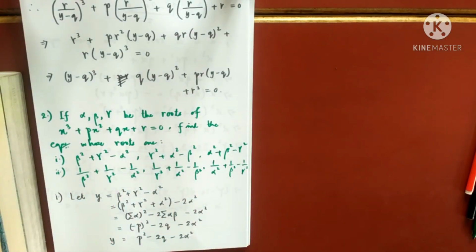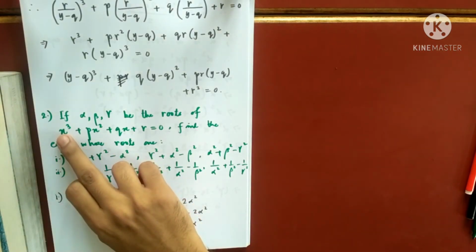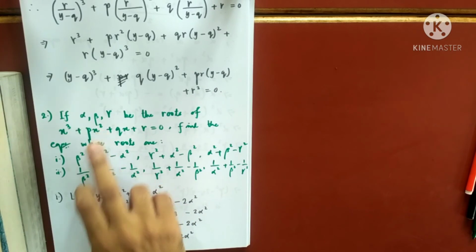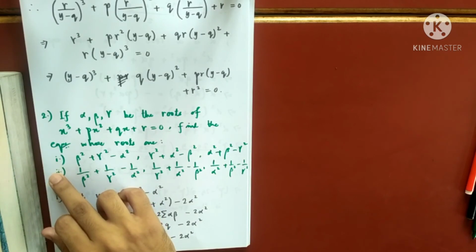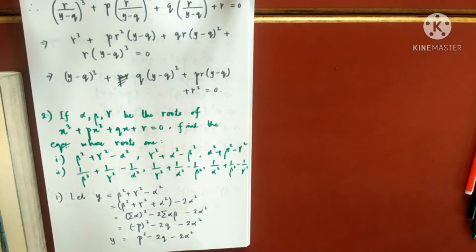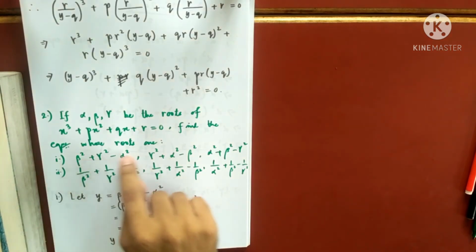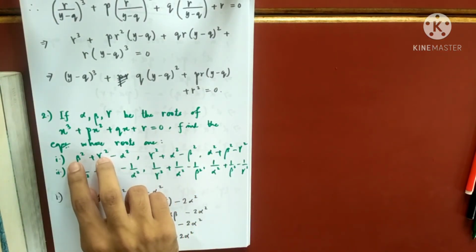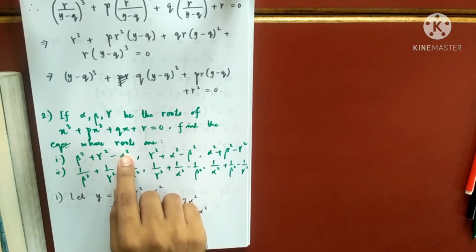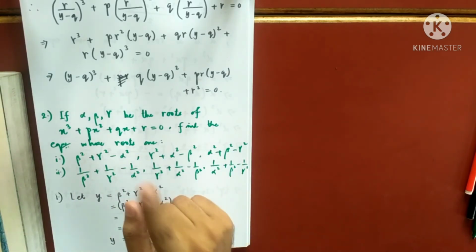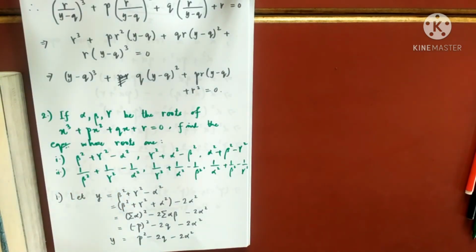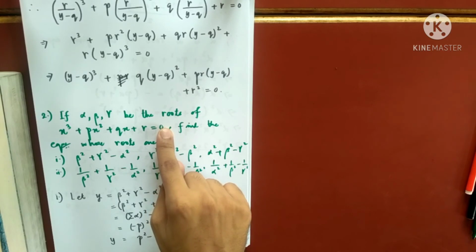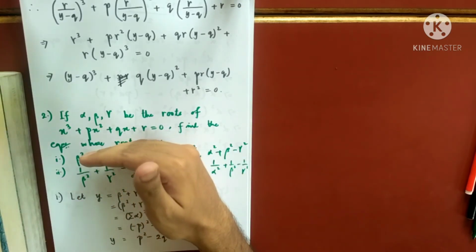You see one thing, when this was the equation, I wanted to find this thing, right? So if I can get an equation whose roots are 1 by alpha, 1 by beta, 1 by gamma, then I am getting the same as this thing. That means what you are doing in number 1, you are squaring the two roots and subtracting the third. You are doing that thing only. So what I will do, I'll first transform this into an equation whose roots are 1 by alpha, 1 by beta and 1 by gamma, and then I will apply 1.